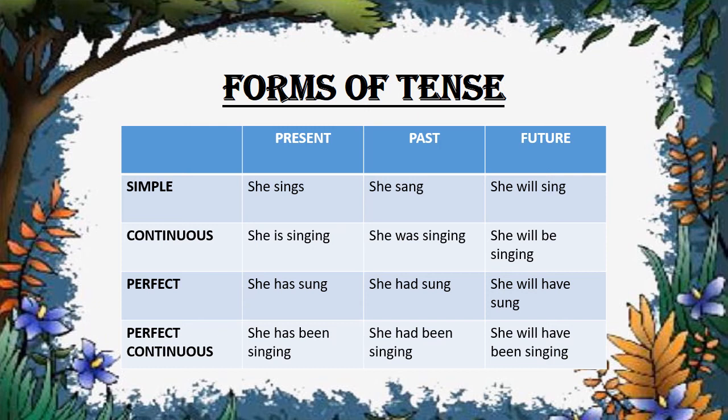And in perfect tense, I told you that you will be using has, had, and will have, isn't it? Same thing: has, had, and will have. You'll use these. The combination of these both is called perfect continuous. I told you already, wherever continuous comes, immediately you should remember that the verb should end with ing. That is what you should keep in your mind.